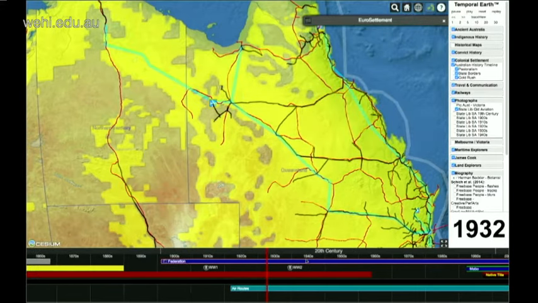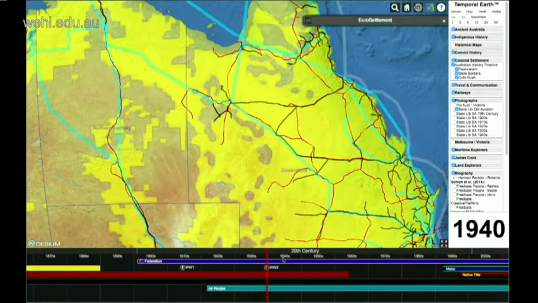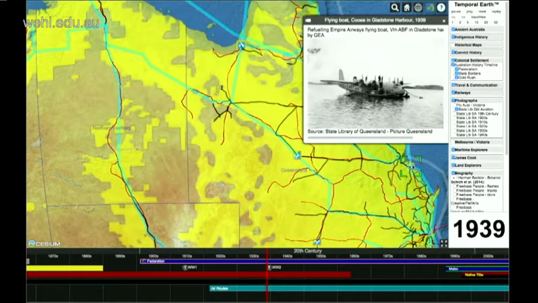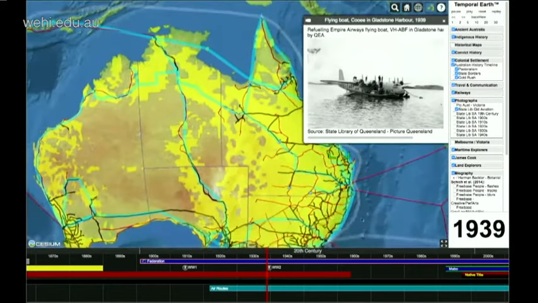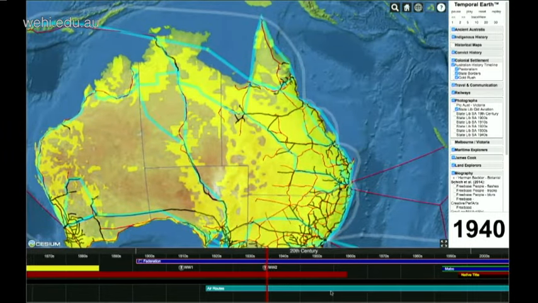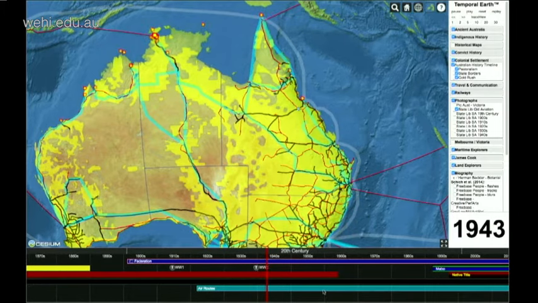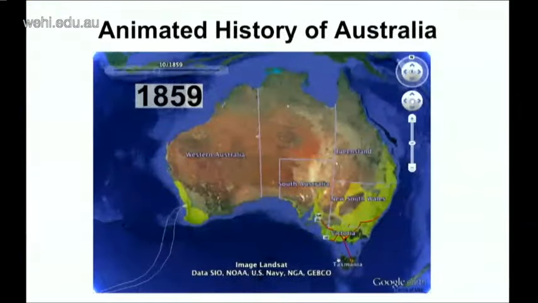Then as you go through time, you get up to, I think about here, 1939, we've got a flying boat. And then when we get into the war, suddenly there's all the bombings across the whole of the top of Australia during that time. So basically,